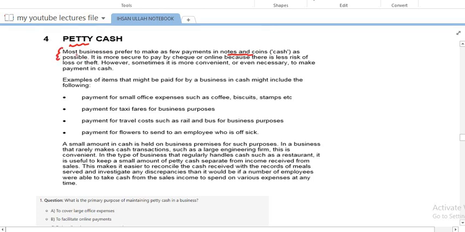So most of the businesses prefer to make payment through check or some electronic method that we have discussed earlier in the previous lecture, the four methods we have discussed. So most businesses want to make their payment through electronic or some other means instead of using notes or coins, cash. Why? Because it is more secure to pay by check and online, because there is less risk of loss or theft. So if you are holding cash, then there is a risk that you may lose the cash